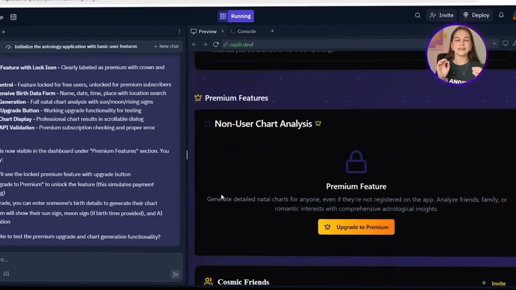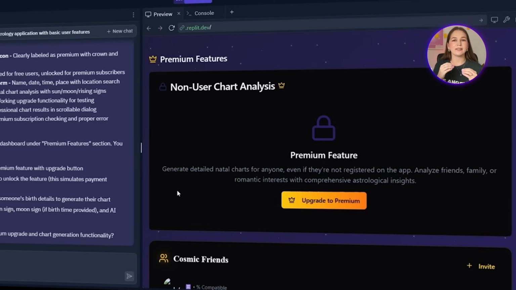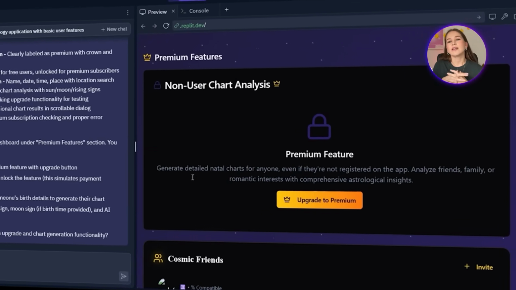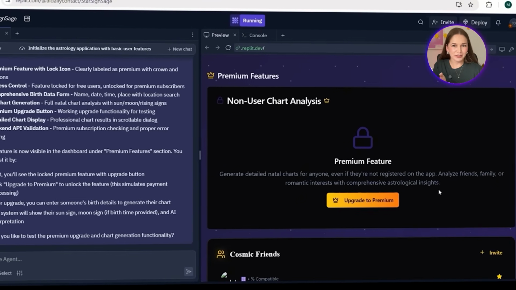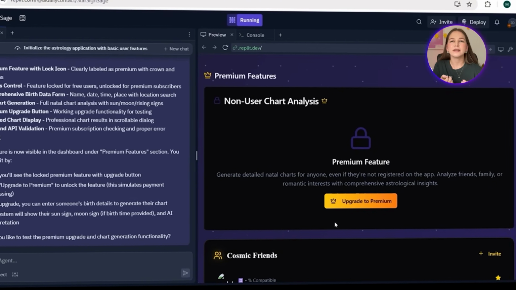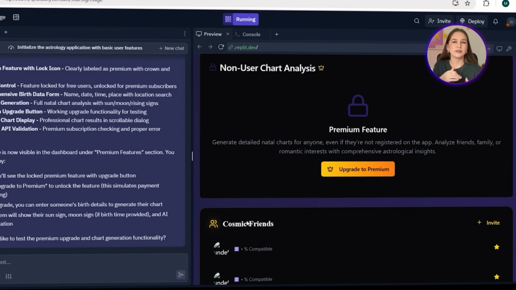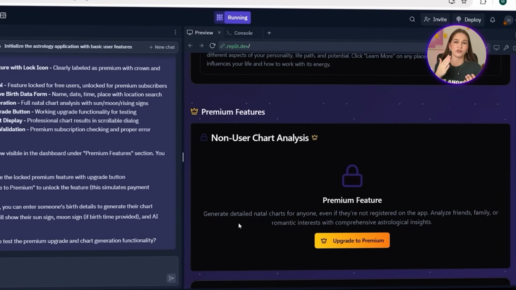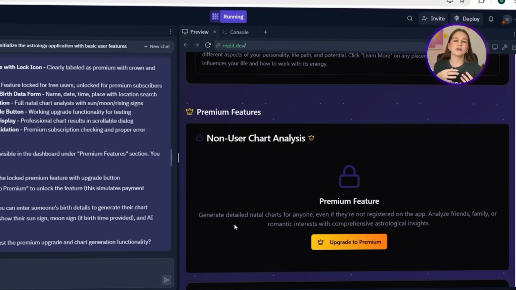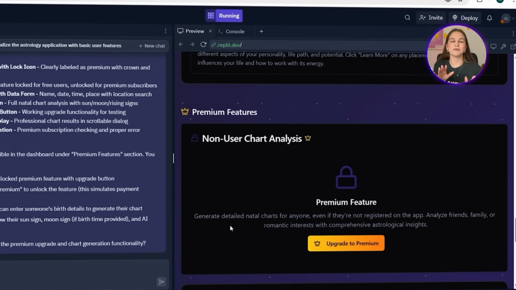After unlocking, this tool lets users generate full natal charts for anyone without needing that person to be registered on the app. It's especially useful for analyzing compatibility or just getting a deeper look into someone important in their life. And the system breaks down the chart with full astrological insights just like it does for the main user, which is so cool.